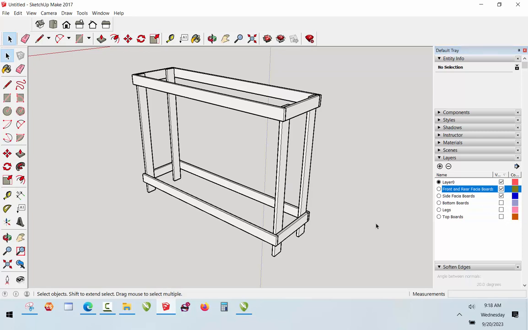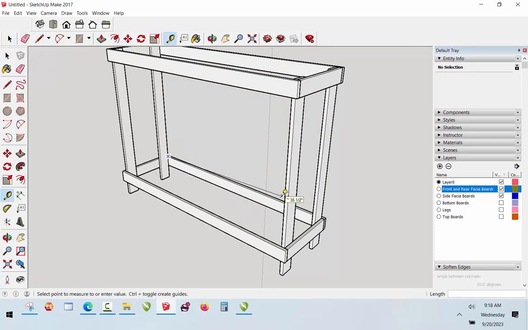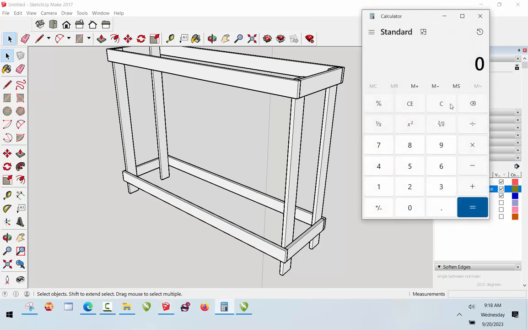And now we've got to add one more component. And that's the reason I did all of this, is we're going to add one more component. And the component that we're going to add, let's first of all find out our dimension here. So we have 45 and a half. I'm going to pull up my calculator here. I'm going to put in 3 boards, I believe. So we got 45 and a half. Is that what I said? Yes. So we'll go 45.5 minus 4.5 equals, and we'll divide that by 3, and that'll give us 13 5/8,